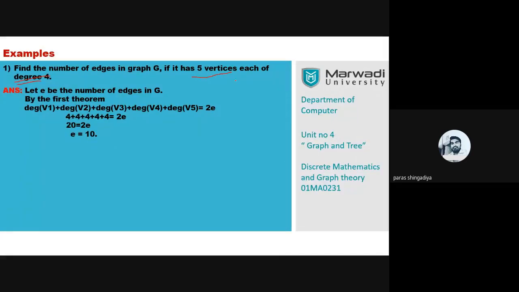So now try to draw it yourself. Clear? You have to take 5 vertices in such a form and check that you use the 10 edges in such a way that the degree of all 5 vertices becomes 4. And use the 5 vertices in such a way that the degree of all such vertices becomes 4.